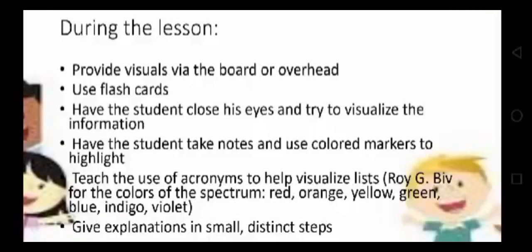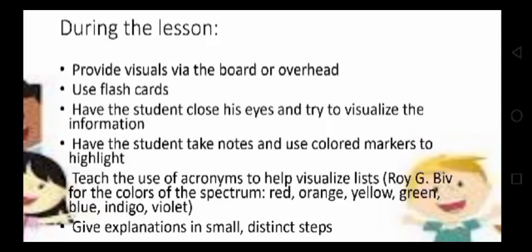During the lesson, provide visuals via the board or overhead. Use flashcards. Have the student close his eyes and try to visualize the information. Have the student take notes and use colored markers to highlight. Teach the use of acronyms to help visualize lists,